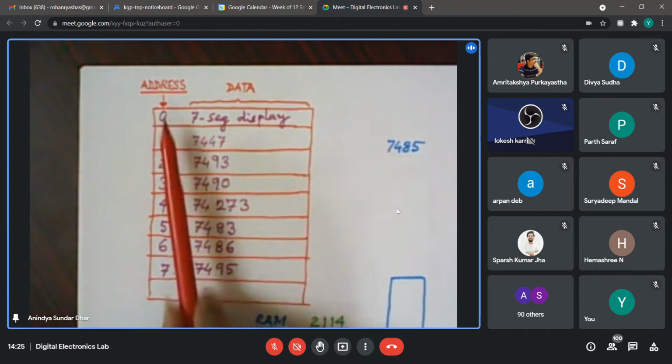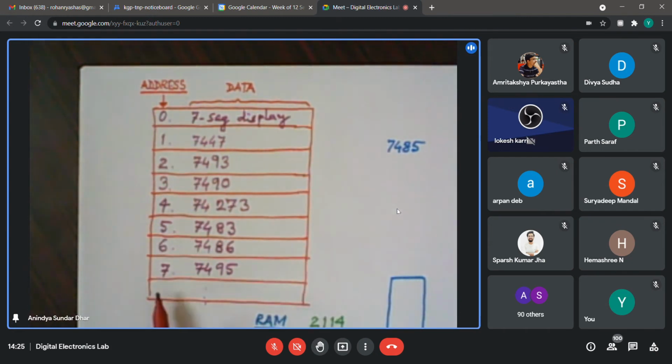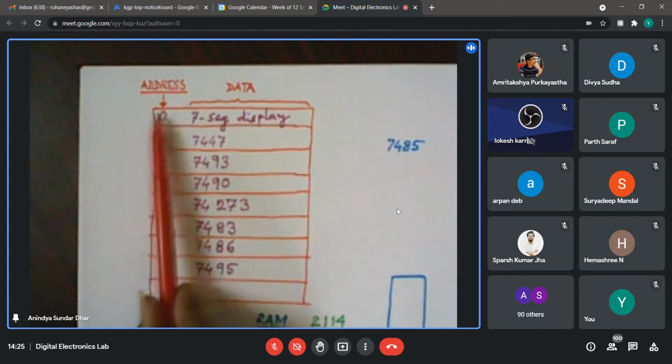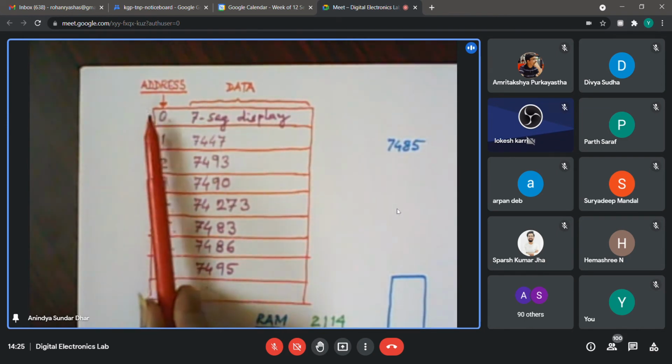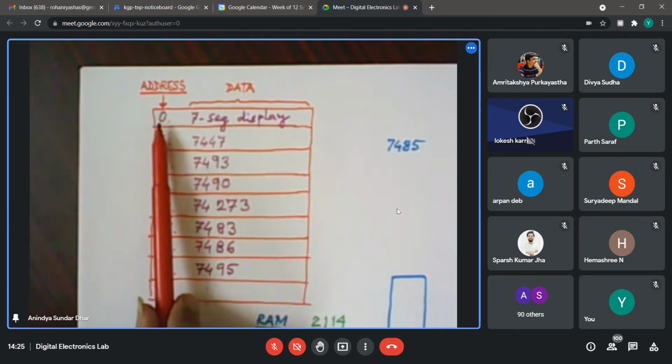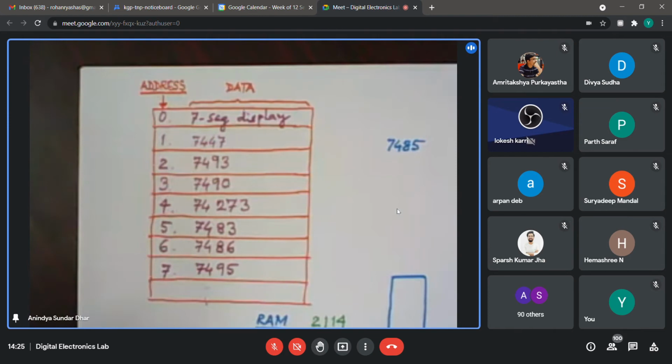So suppose, as I say, that maybe a particular page is having 32 lines. Once again, since the address will also be in the binary domain, I can only mention a specific address in a binary system. So if I say 32 address locations are there, how many bits do I need to address them uniquely, a specific location?